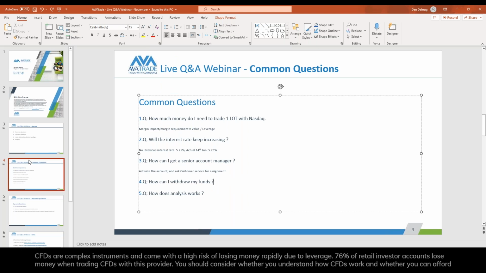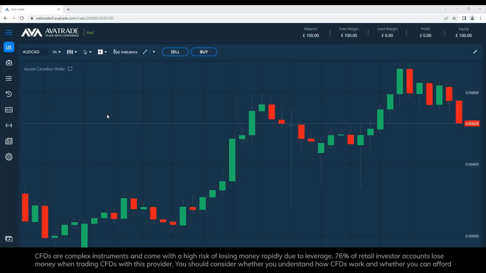How can I withdraw my funds? Okay, so guys, let me switch to a real account so I can show you. It's a demo account, so I've got to switch to the real one. How do I bring it back? I hope the chart is back because for me it still seems gray. So guys, if you can comment that the chart is back, that would be great, because I want to show you. I'm going to click here on the 3 lines at the top left.